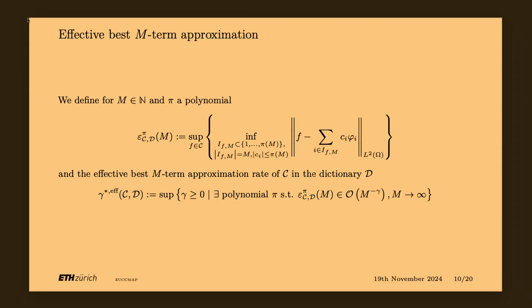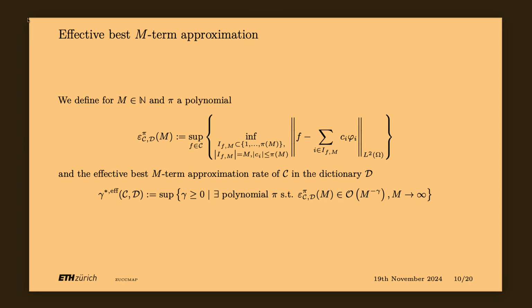Now you have a way of measuring how hard it is to characterize your compact set of functions with a dictionary. And at this point, an interesting question is trying to understand if there exists a relation between this complexity and the complexity of the original class that you're trying to approximate in the beginning, the thing that I defined before, the optimal exponent gamma star of C. So you can ask yourself, does there exist a relation between how hard it is to approximate a function in a dictionary and the complexity of the function itself?